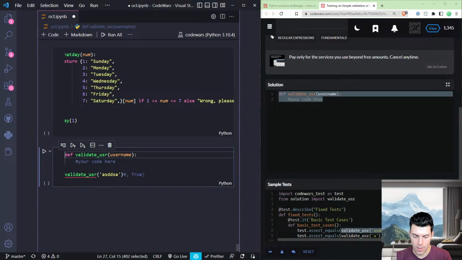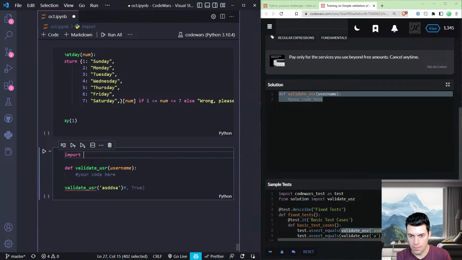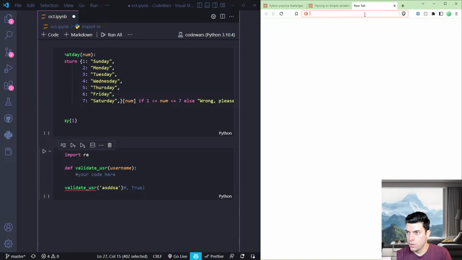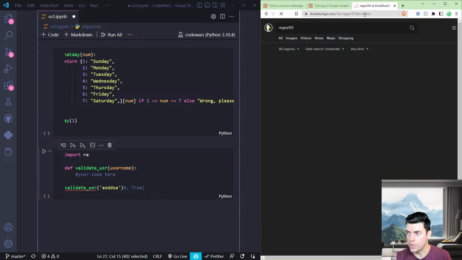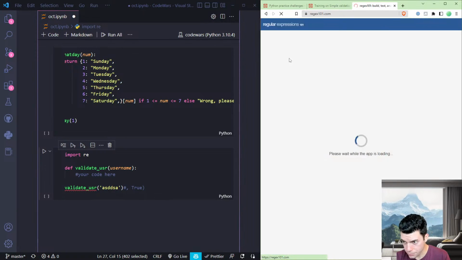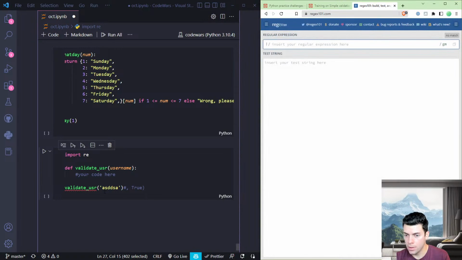Gotta practice more regex. I'm gonna build it in here. Okay. Just put this in as a test string. Python, how do you